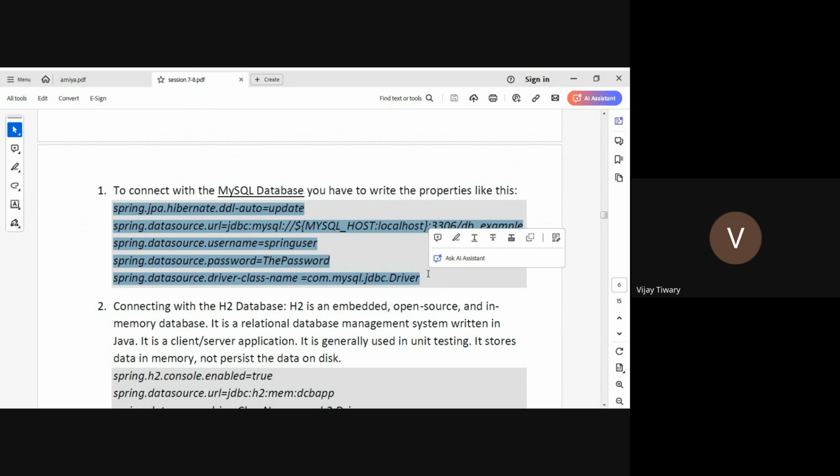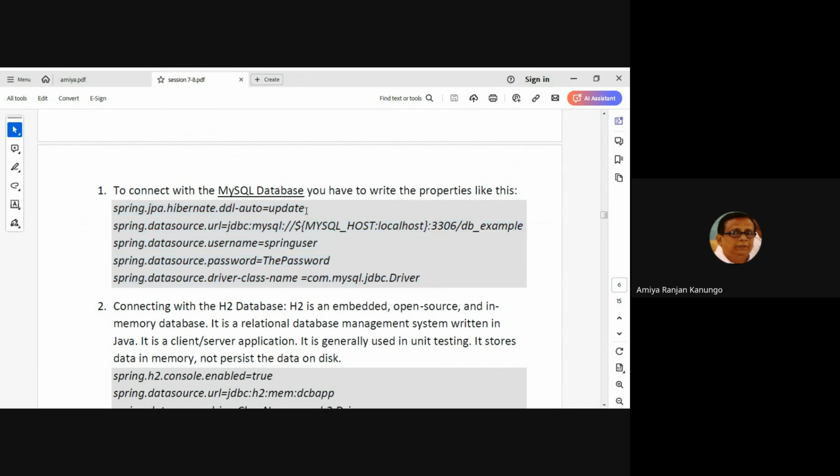Sir, one question. What does DDL auto stand for? DDL stands for data definition language. The auto property is set to update. That means this operation will be done automatically. The DDL auto property operation gets enabled with the update value,